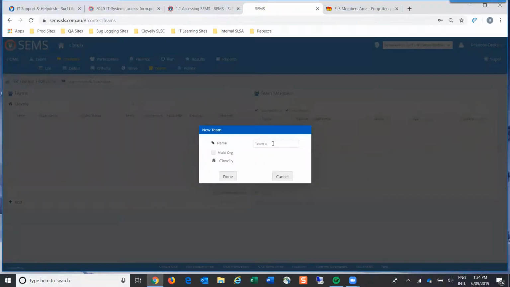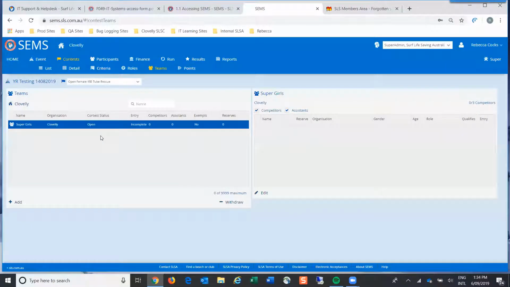The team name defaults are alphabetical, so Team A through to Team Z, etc. Or you could rename it to your team name at the specific club. This is pretty common for a lot of the Bodie contests. They like to have their names entered. So let's just say Supergirls, okay, and done. And now we've got the team name created.